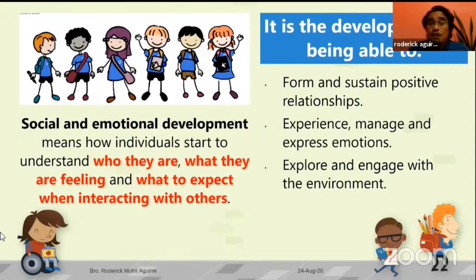And research shows that if we do that, we help our students explore and engage with their environment. And with that environment, they get to encounter a lot of people. And once they encounter a lot of people, they get to realize that they need to adjust to these people, and they will meet a lot of people with different emotions. And by that, we're helping them to adjust to these people. And then a lot of things will happen, like they'll get frustrated with some people that they meet.